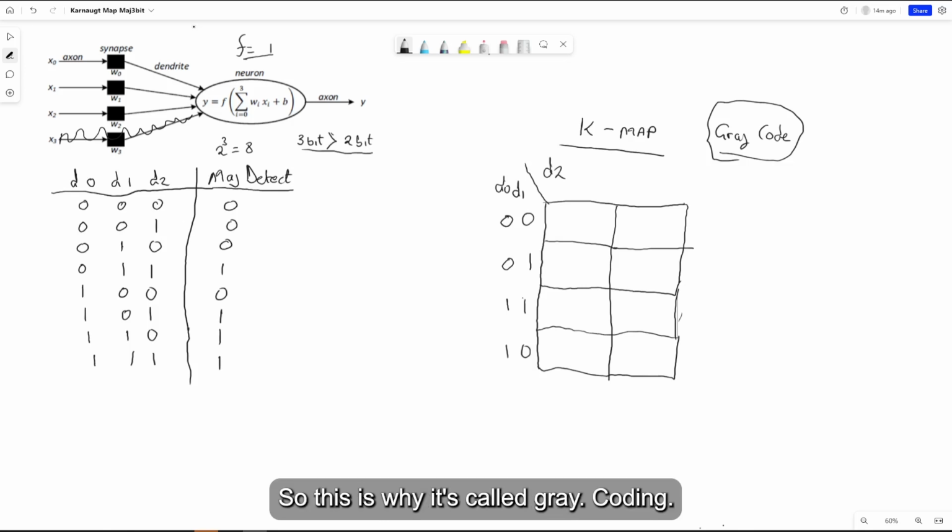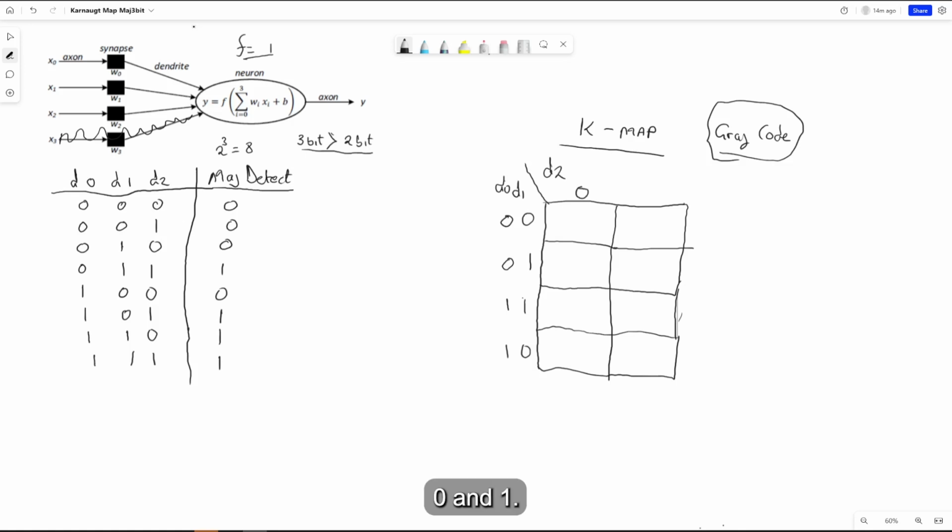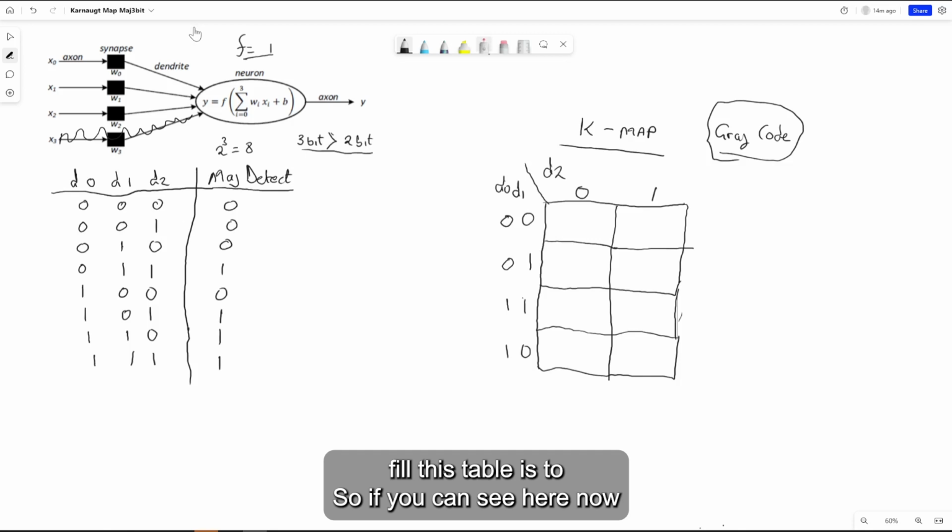So this is why it's called Gray coding. Only 1 bit at a time is changing. And here, since we have only one variable, we have only two combinations, 0 and 1. So now, how we're gonna fill this table is to